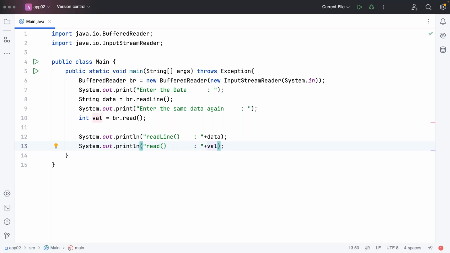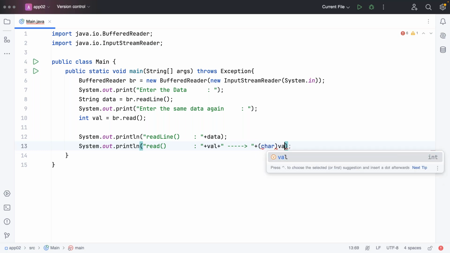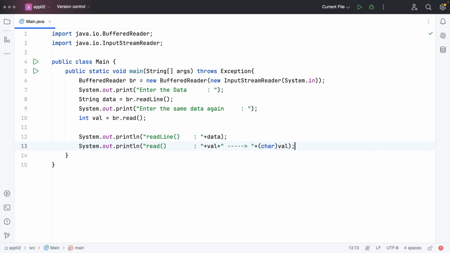Val we are able to get, but I know that it's an ASCII value. The related corresponding character also I'm going to display. To display the corresponding character, plus typecasting, if we do, automatically here we are able to get the related, corresponding character. So if I run this program, there we are able to get